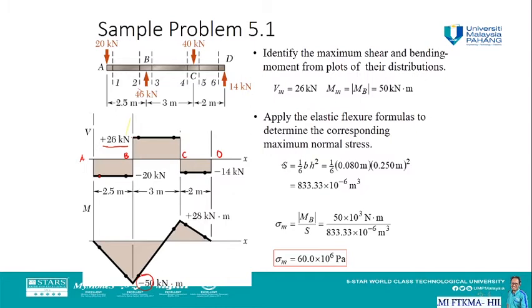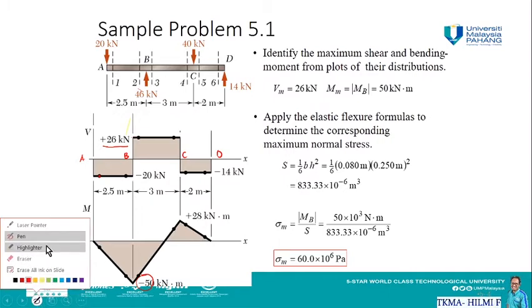But before that, we can calculate the section modulus using the equation of moment of area of a rectangle. So S equals 1 over 6 b h squared. Okay, we replace with the width and the height, and we should get S equal to 833.33 exponential minus 6. Then we use the equation of flexural formula, sigma m equal to maximum bending moment M B